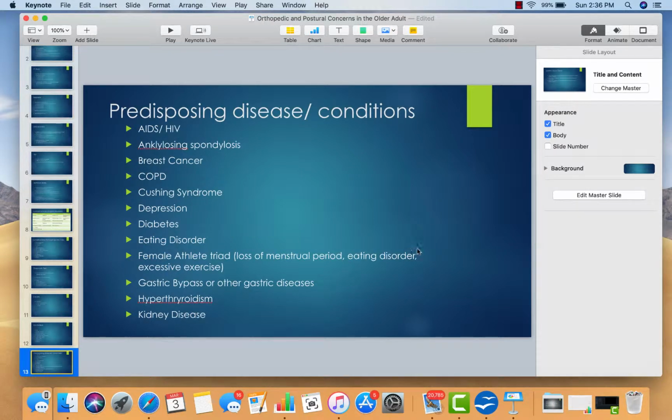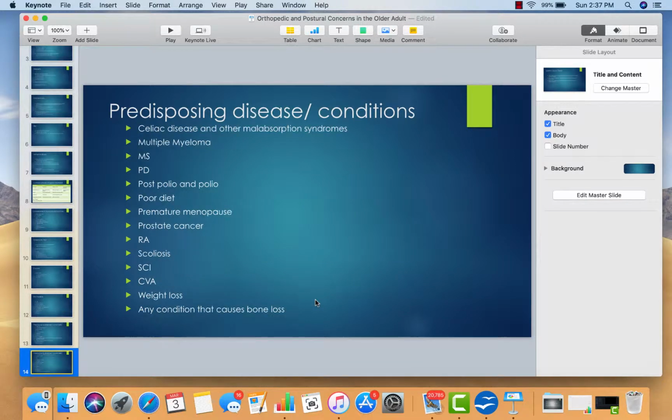Predisposing diseases: AIDS or HIV, ankylosing spondylosis, breast cancer, COPD, Cushing's disease, depression, diabetes, eating disorder, female athlete triad, loss of the menstrual period, eating disorder, and excessive exercise. So that results in more of a tearing down of the bone, osteoclastic. Gastric bypass or other gastric diseases because they affect bone absorption. Hypothyroid